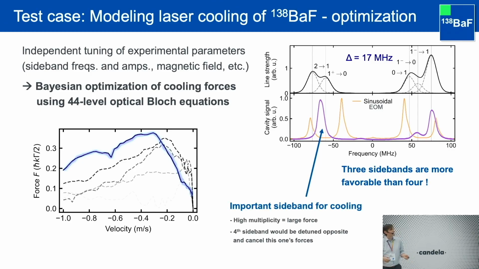So why is it better? Well, first of all, what you find is that this single line here, this that you apply, is actually the one that generates most of the force. And that you can understand because you're driving this transition here, which comes from an F equal to 2 ground state, which is the ground state with highest multiplicity. So this is where all your population spends most of the time. And so this is actually where the forces come from. And the rest back here, you do not need to put a lot of power there. It's just for repumping such that your cycle is still closed.